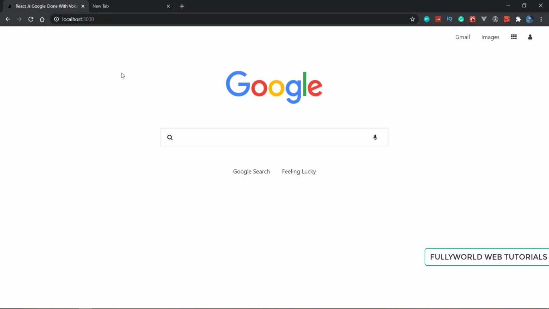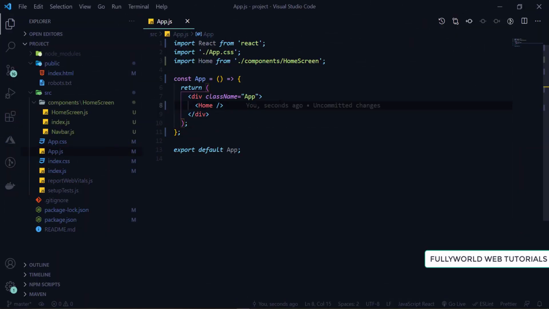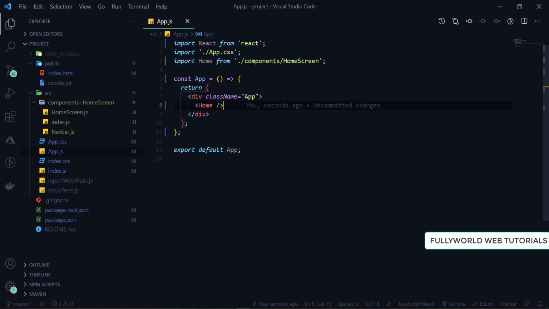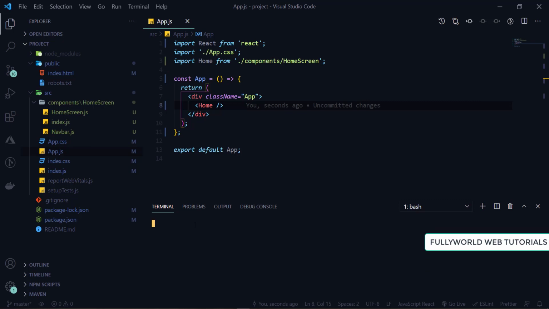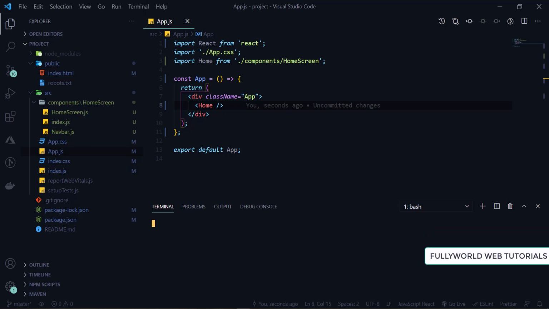So now without any delay, let's get started. For the routing, first of all we have to install one package, and that package is React Router DOM. So let's go to the terminal here. You can also open the terminal from here, just click here and then new terminal. And the second method is simply press Ctrl and backticks. Backticks is above the tab button. So let's wait for a while till our terminal is opening.